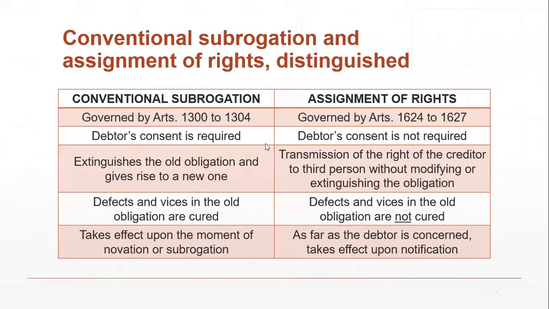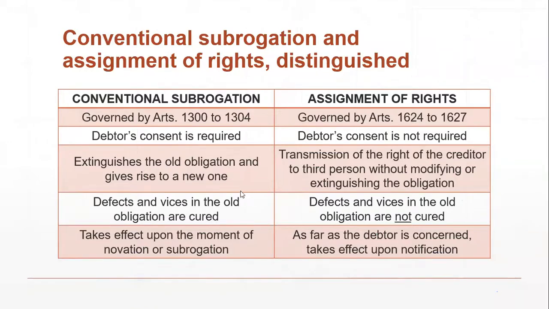Okay? Kasi it is a transaction or an agreement between the creditor and a third person. Now, the third person will then gain the rights of the creditor. Now, in conventional subrogation, it extinguishes the old obligation and gives right to a new one. It is a kind of novation. In assignment of rights, it does not modify or extinguish the obligation. Nag-iiba lang ng creditor. In conventional subrogation, the defects and vices in the old obligation are cured because the old